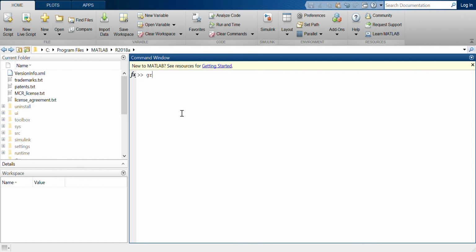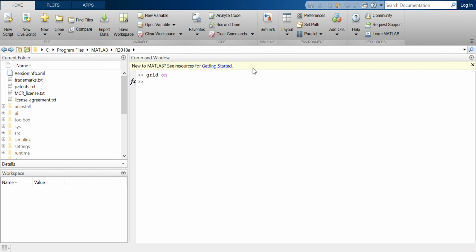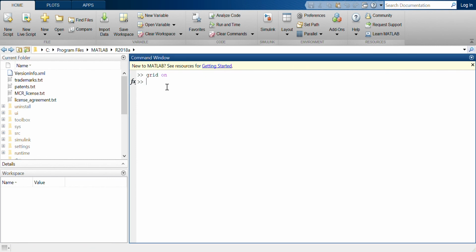Now if while plotting you want to switch on the grid, then the command is grid on. So this will display the grids in the figure window. Also there are many more functions available in MATLAB which will be discussed in the next video. The problem with the command window is that as you type it, it gets displayed and you cannot go back and see the output. So usually the editor window will be used. That will be shown in the next video.